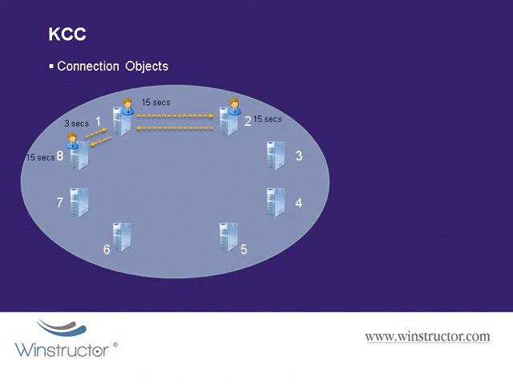Now, since a change has been made on both domain controllers 2 and 8, they'll both wait 15 seconds, and then they'll notify their replication partners that they have an update, and the same process will ensue. And all over, this means that for every single domain controller in the site to have processed this one change that all started up at domain controller 1, it's going to do it in around 45 seconds or so, which is far quicker than it is